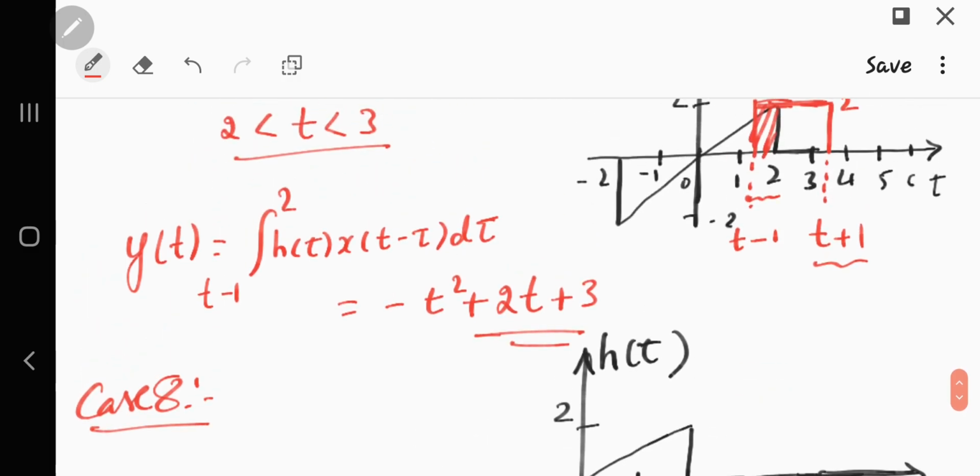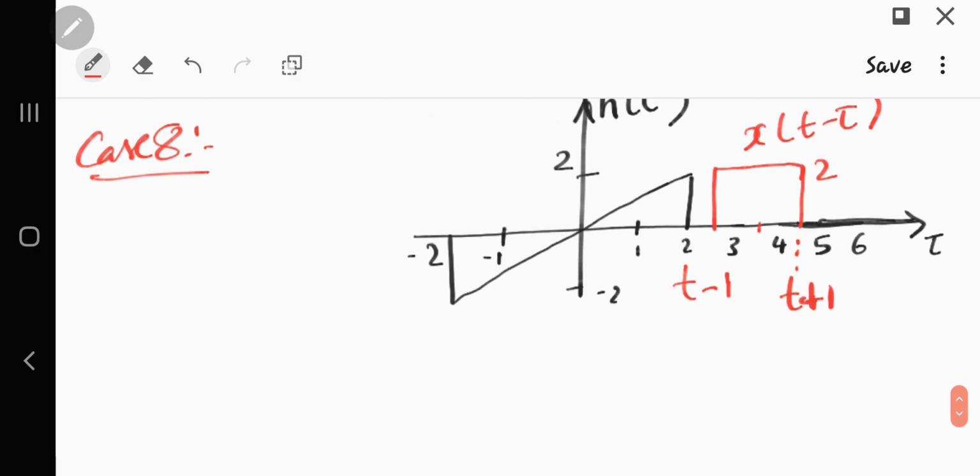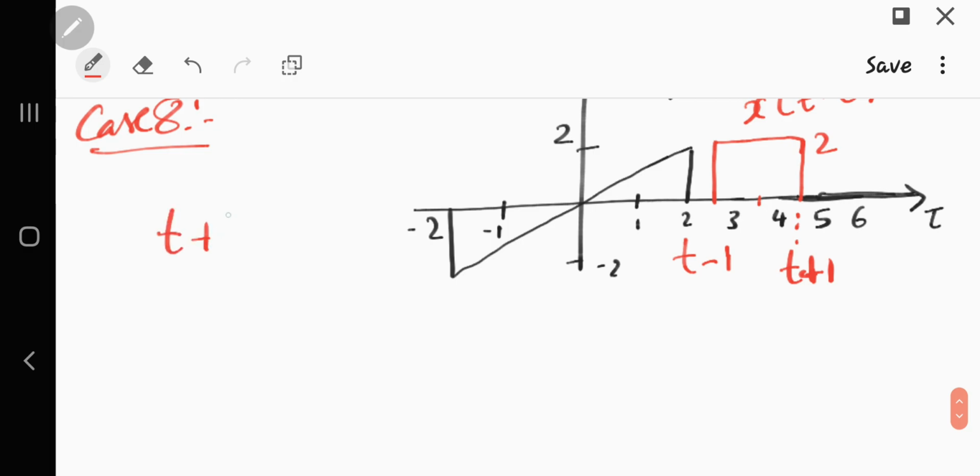In this case, I will place my t plus 1 between 4 and 5 here. So 1, 2. And I can see the signal has completely crossed h of tau here. So both ends have crossed h of tau, and this is my x of t minus tau. So as you can see, there is no overlapping. So how to define this case? T plus 1 is less than 5 but greater than 4. If you simplify this, it is